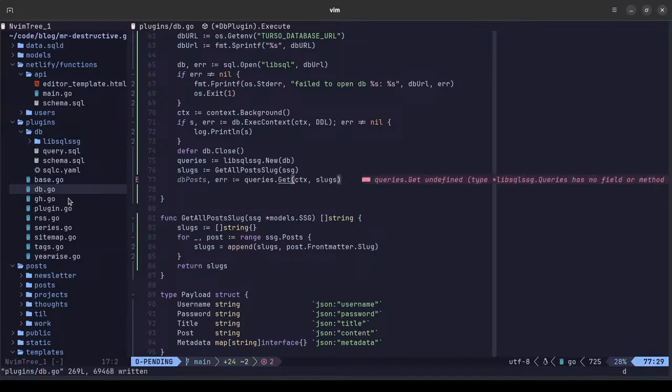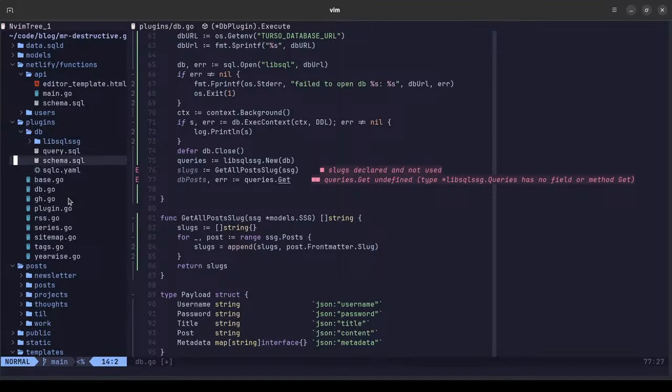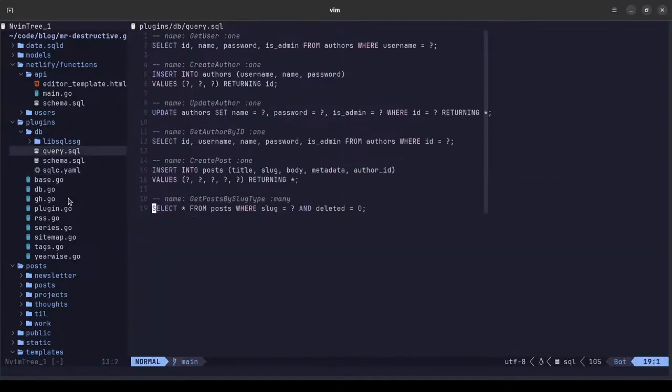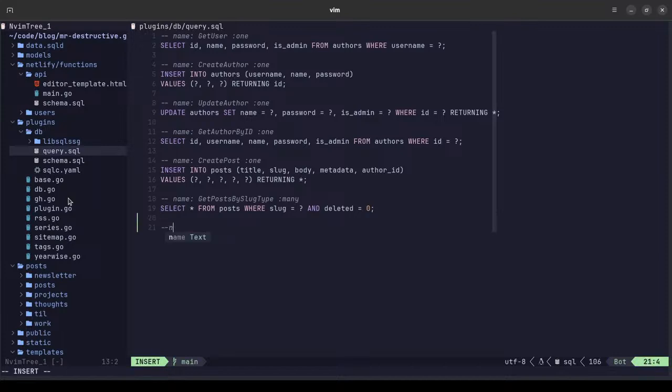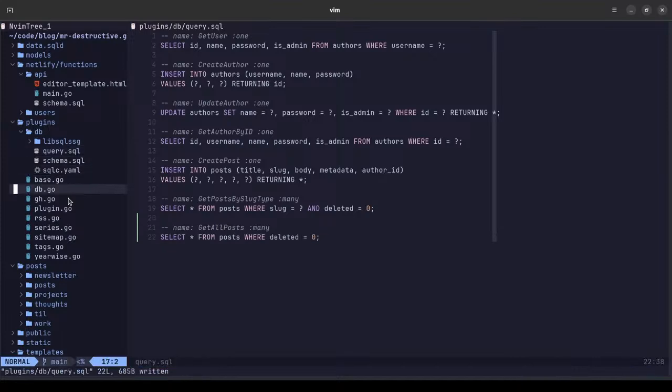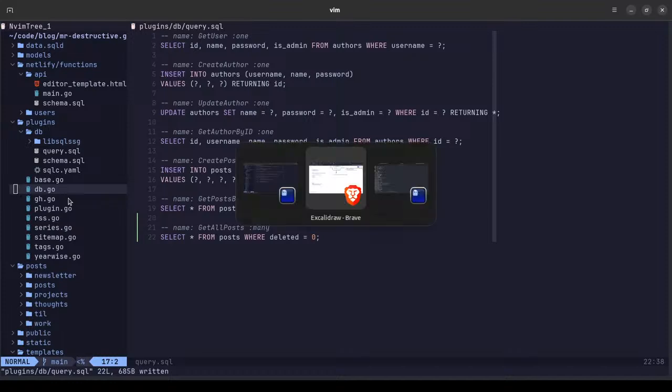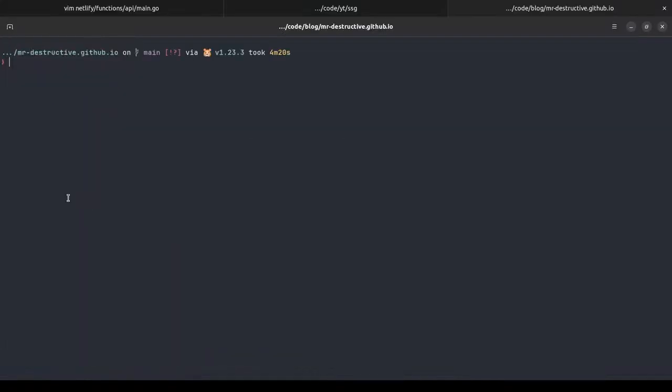I mean, we have the DB, so you can directly create it instead of doing that. But now get posts. Yeah, so once that is done, we need to